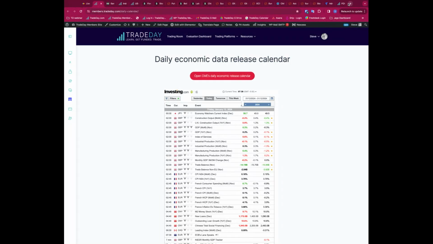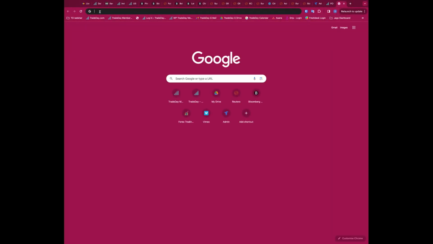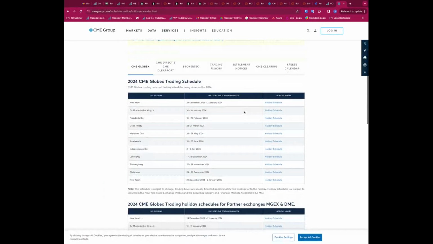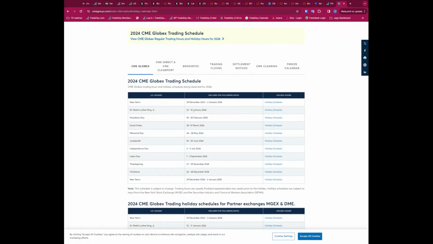So markets, I think we'll put out a note. Check in the forums. Let me just double check the CME calendar. I think we've got slightly shortened trading hours for Monday, as I remember, 2024. Yep, MLK Day, so 14th to 16th of January. So there will be slightly shortened trading hours.